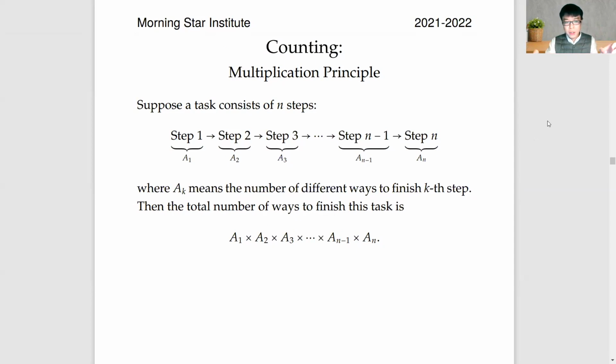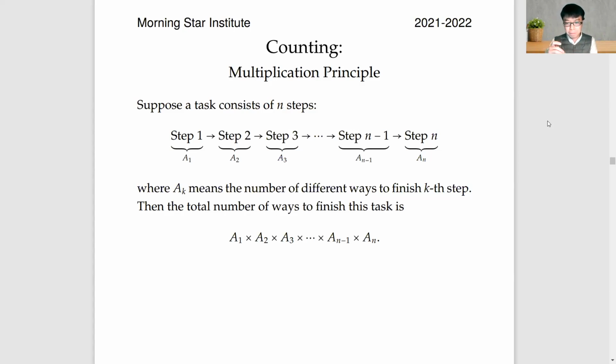So for step 1, there are A1 different ways to finish step 1. There are A2 different ways to finish step 2. There are A3 different ways to finish step 3. And finally, there are AN different ways to finish step n. The total number of ways to finish the complete task is the product of A1, A2, A3